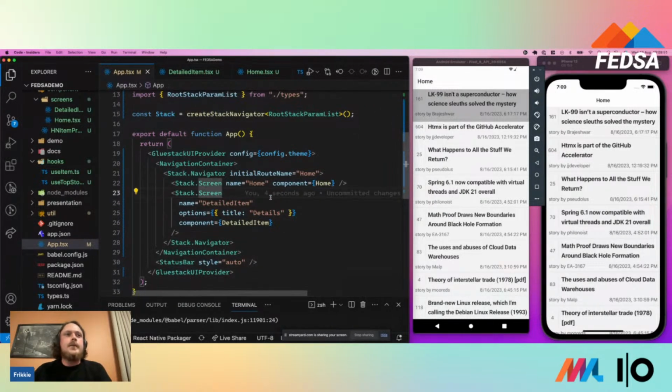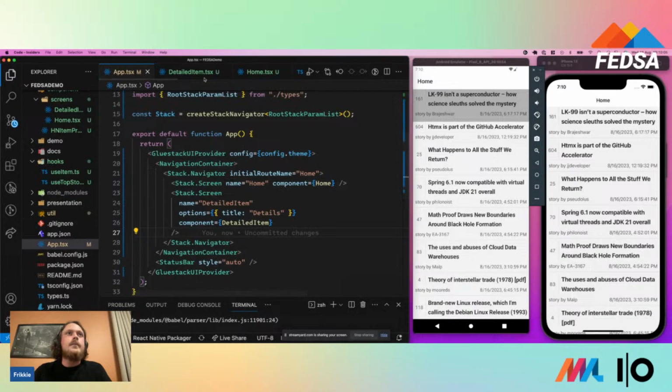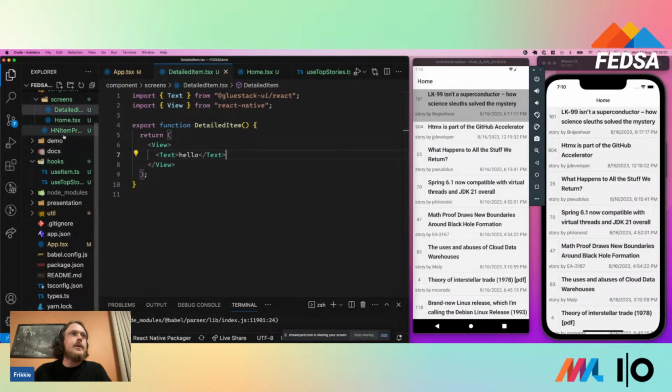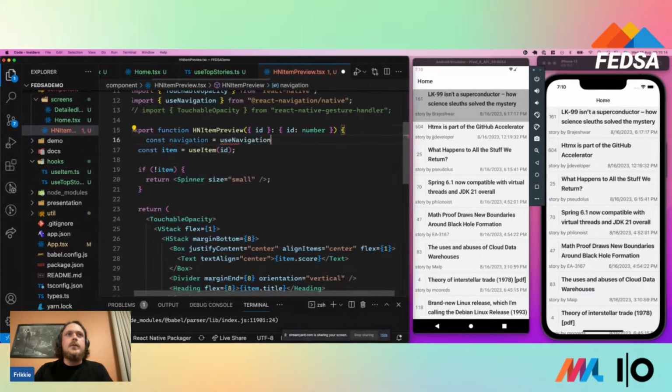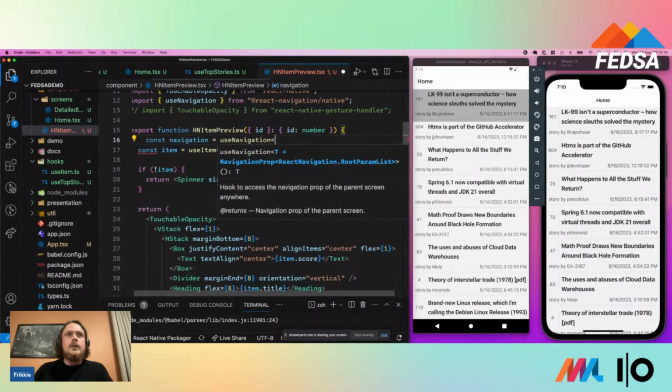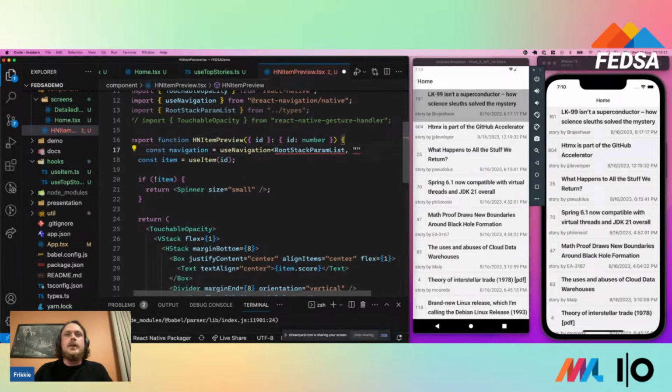And this is nice because now if you do want to add another screen, it'll actually autocomplete the stuff that you have available. So if something is not typed here, you can't add it. And then conversely, this becomes nice because now you can make use of the navigation hook and get a nice typed version of it. So you can call useNavigation, you pass in that root stack param list, you say that you are on the home screen,